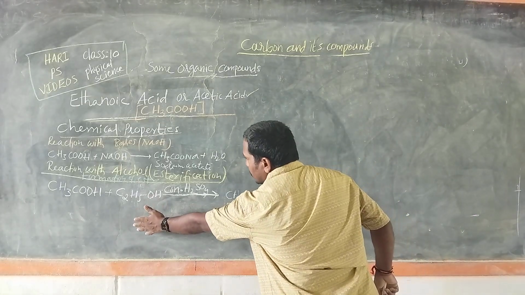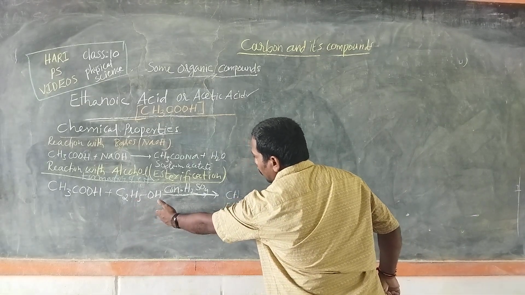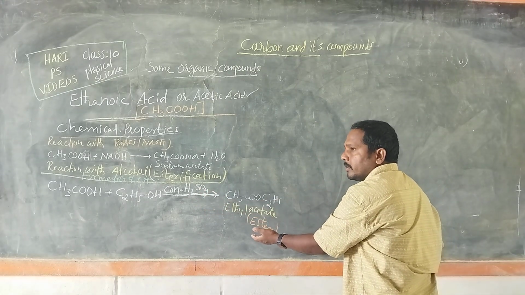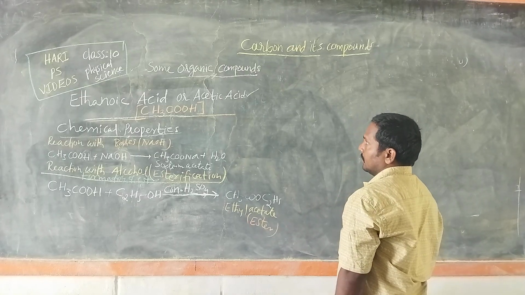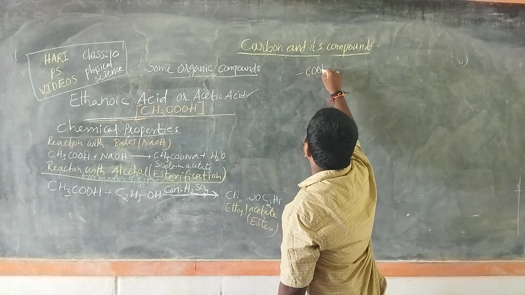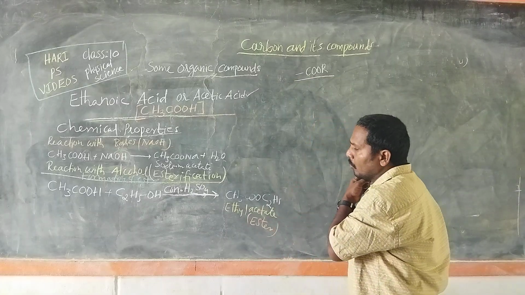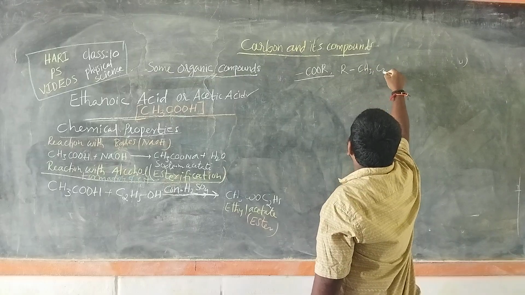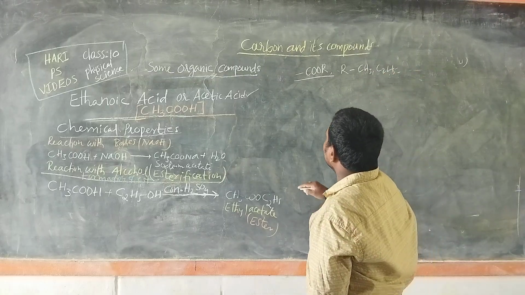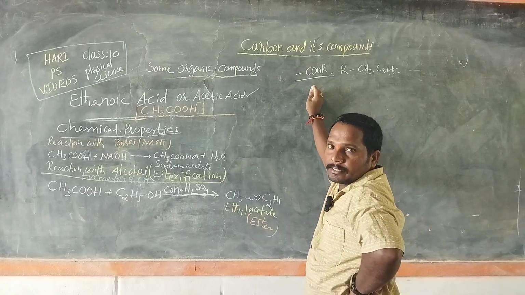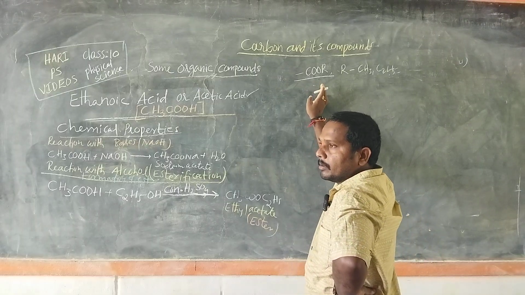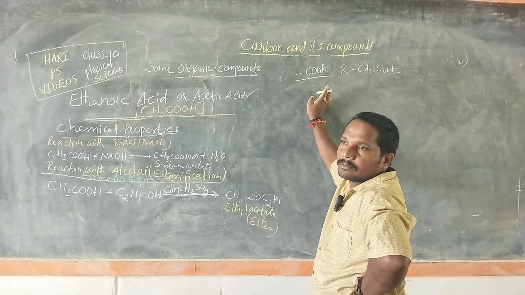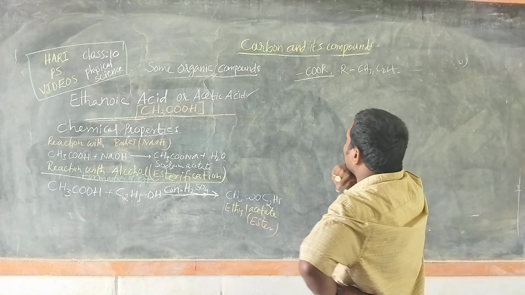Esters are formed by the reaction of acetic acid and ethyl alcohol in the presence of concentrated sulfuric acid, which gives a sweet smell substance called ester. So its functionality is one of the functional groups represented with COOR. Here R is CH3, C2H5, etc. So esters are used in making synthetic fibers, perfumes, sweets, ice creams, soda waters, and soft drinks.